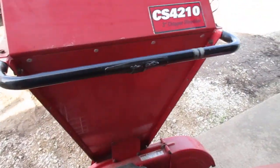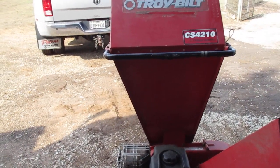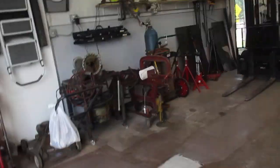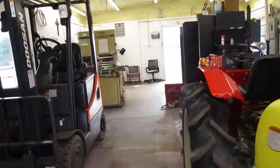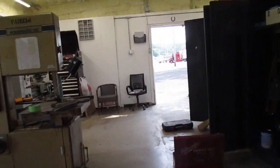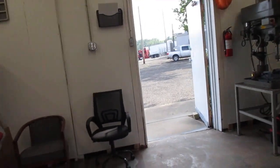So I gotta go to Wally World tonight and get some of the citrus degreaser cleaner so I can spritz it down and clean it up real good. Bring my pressure washer up here, my little electric one, not my big one, and clean it all up. And the reason I bought that thing, in case you're wondering,